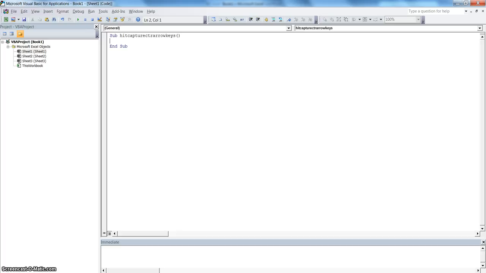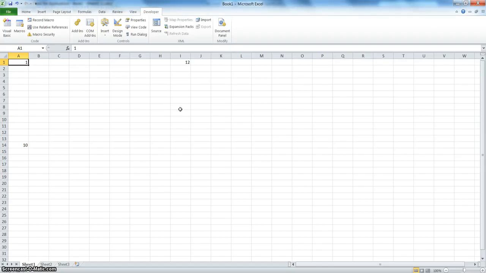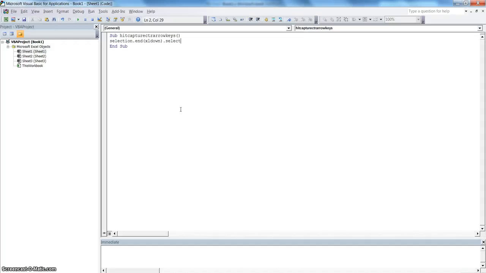So to start with, Selection.End, meaning the active selection, and then move the selection to the end of the direction provided in brackets, xlDown, and then Select, that means stop at that cell. Just go back into the Excel and we saw that our selection is in cell A1. Now I'll write for moving up again: Selection.End(xlUp).Select,